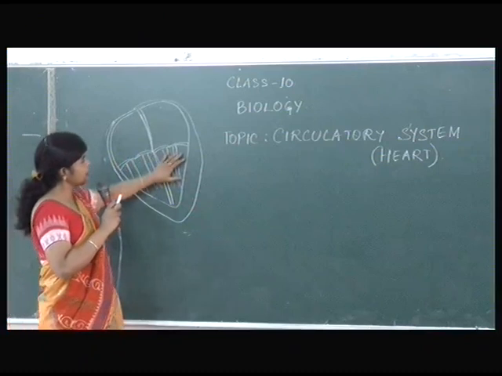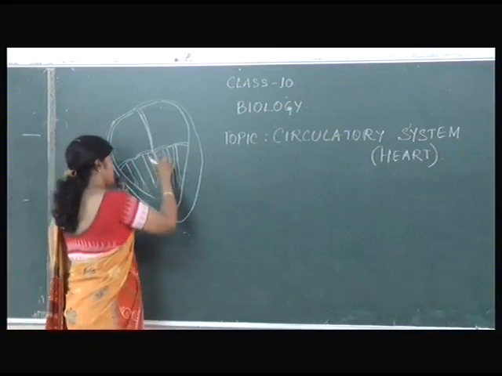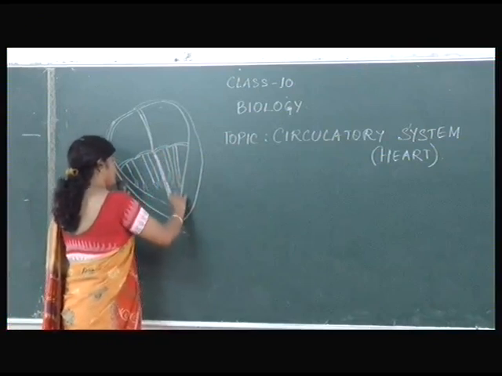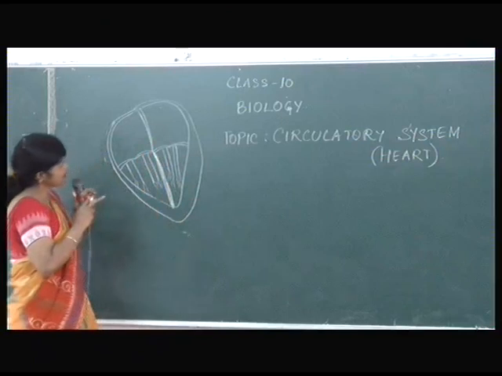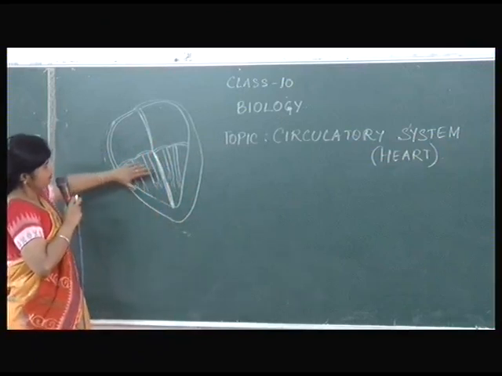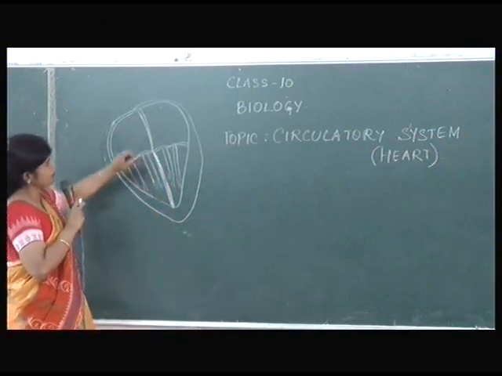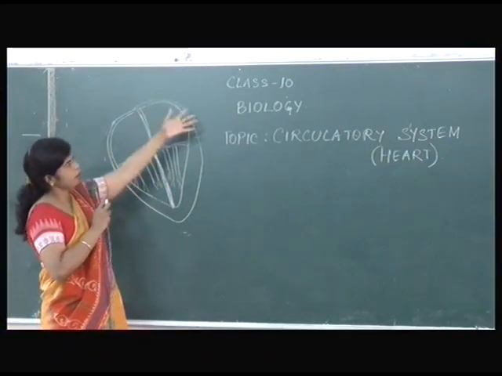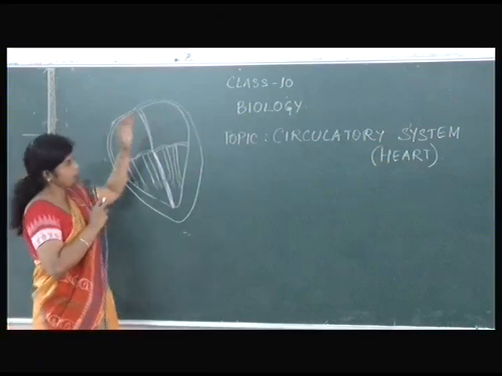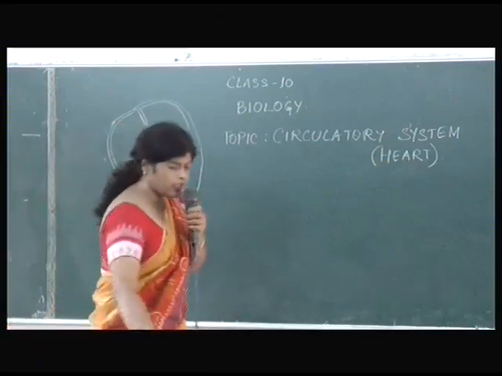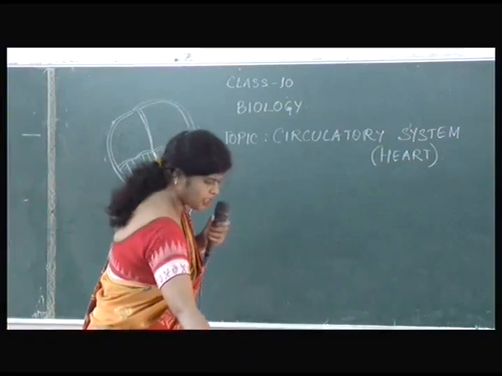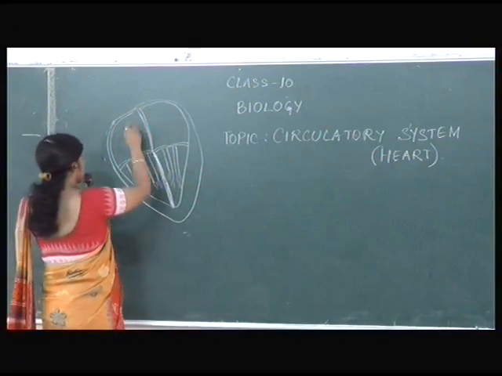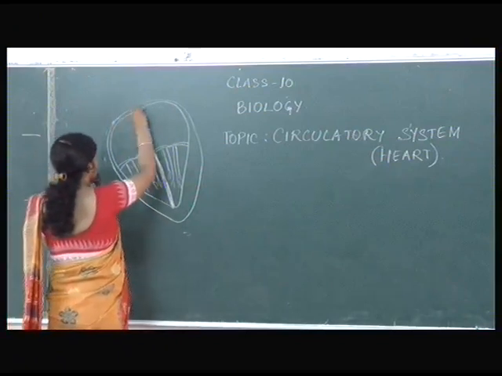This is the septum, the ventricular septum. Let me make it clear. This is the ventricular septum, this is the auricular septum, and here the ventricles are distributing chambers, as they send the blood out of the heart, and these are called the receiving chambers. So each chamber either receives blood vessels or sends out blood vessels. So let us see what are the things.